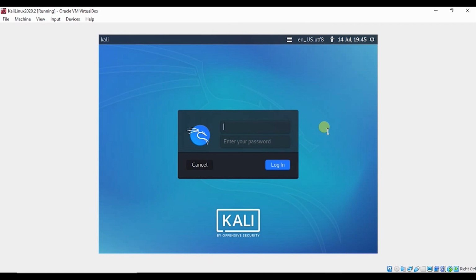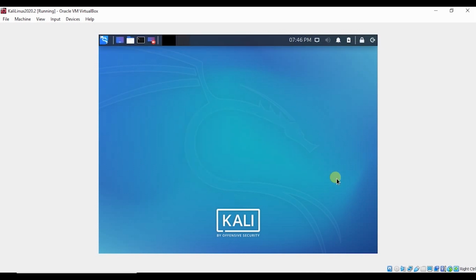So log in with the user that we have created during the installation process. So here you can see that our Kali Linux 2020.2 is installed in our VirtualBox, in our virtual machine.